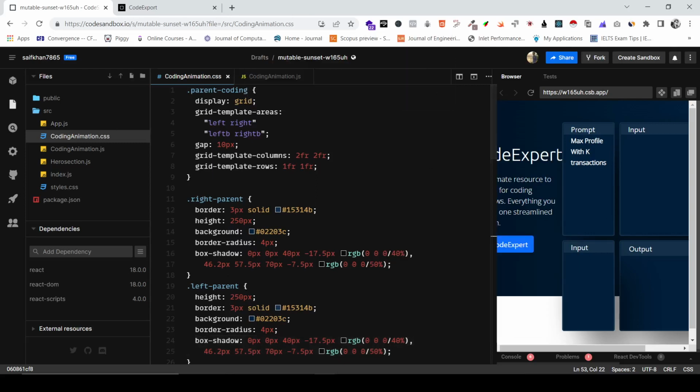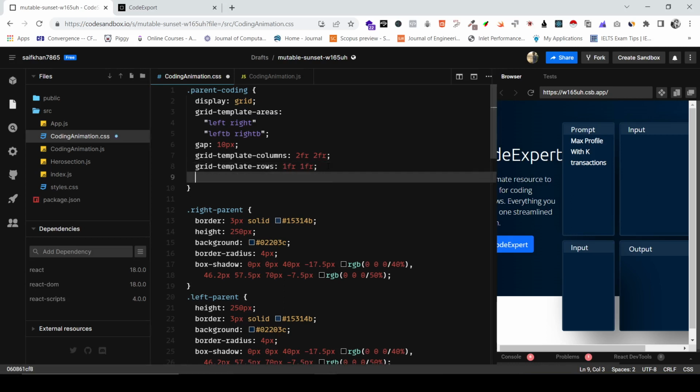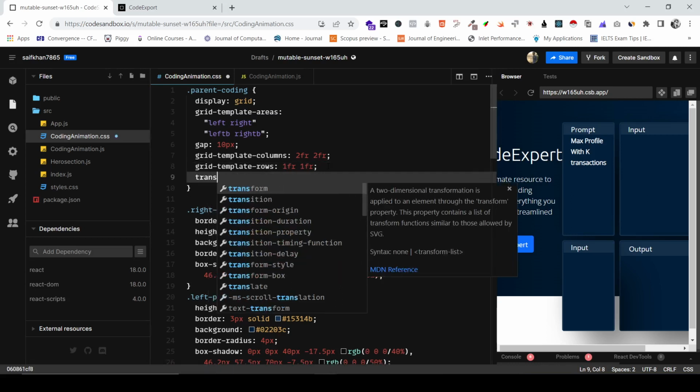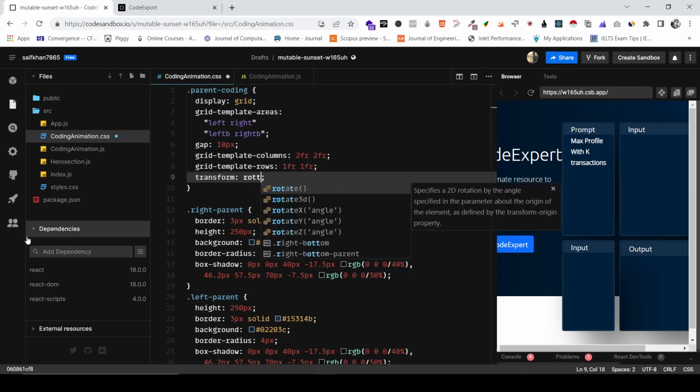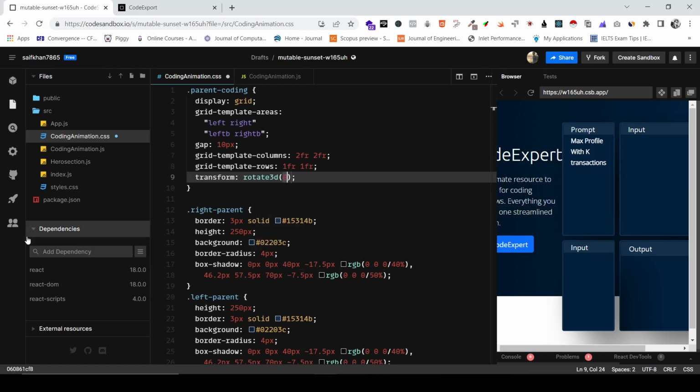So now in this video we will be adding the 3D structure to the coding component part of it. Let me start off by giving a transform. I'm going to write rotate 3D, and I'm going to give it 0.5, 0.86. If you ask me how I got these values, I've just arbitrarily added some values, so